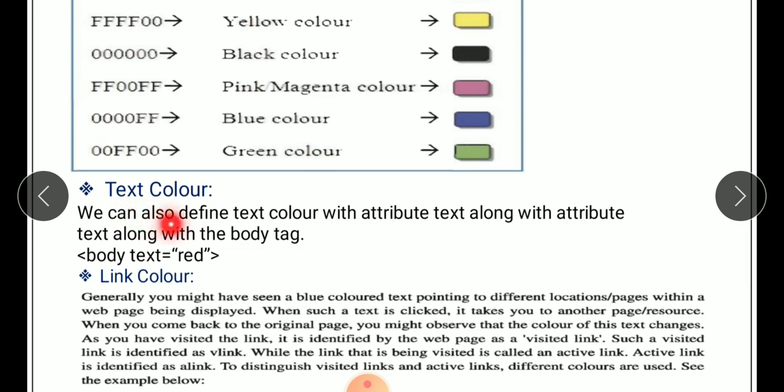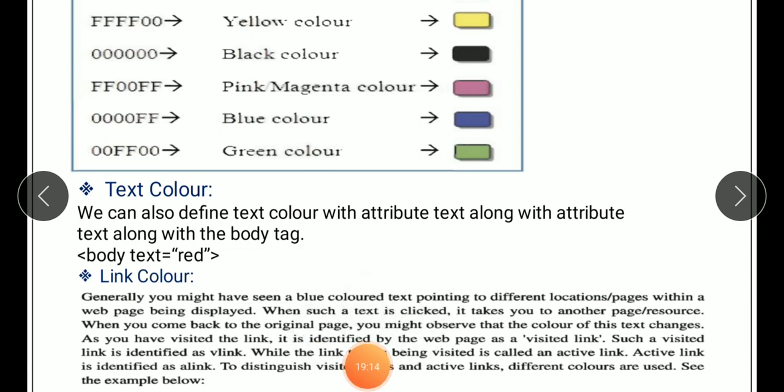We can also define text color with the attribute text along with the body tag. If you want to add your text color, then with the body tag you add your text color. Here I give an example. Body text is equal to red.